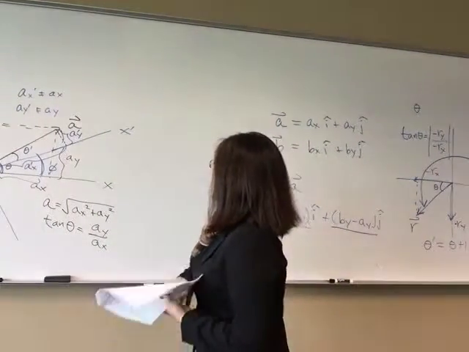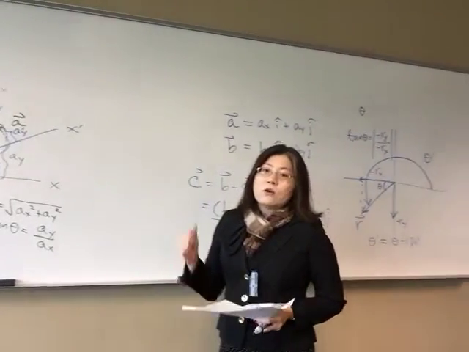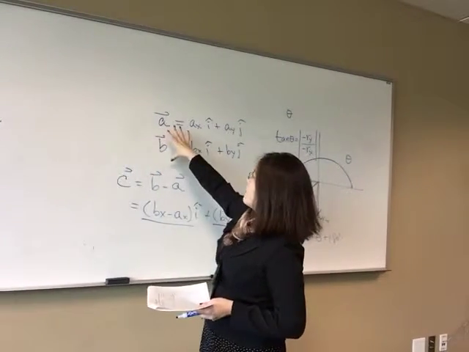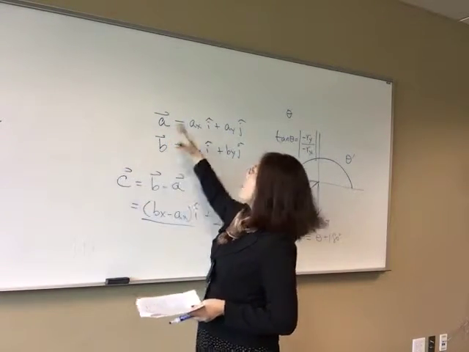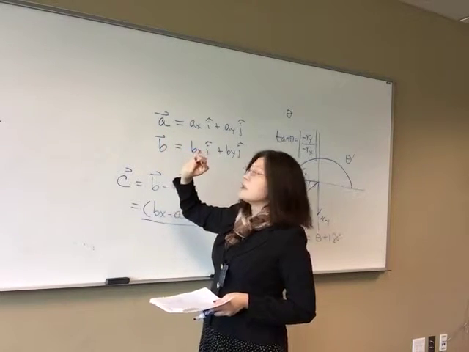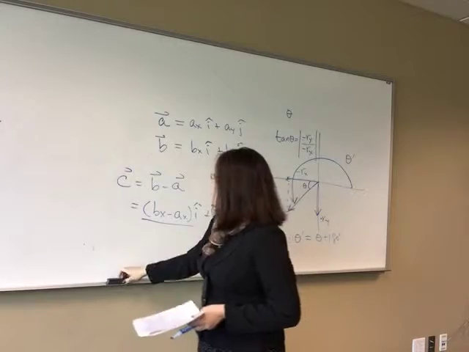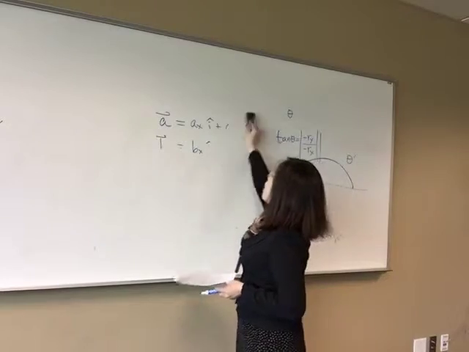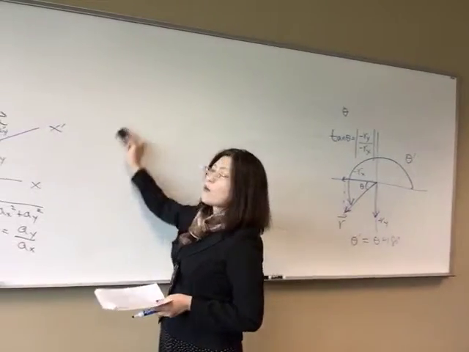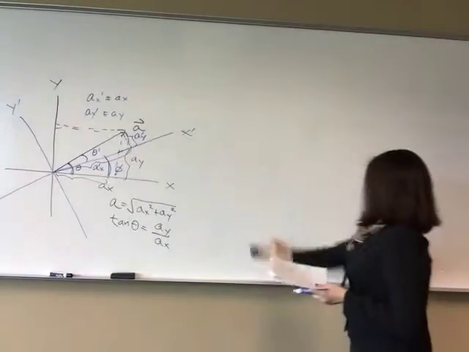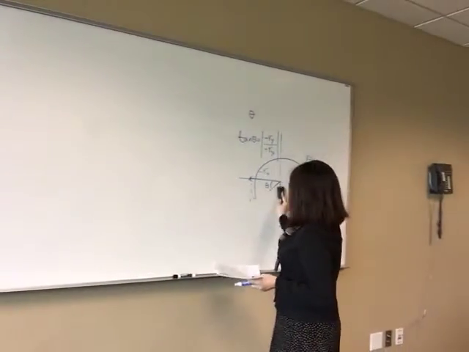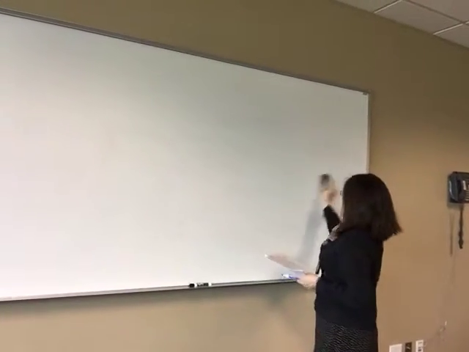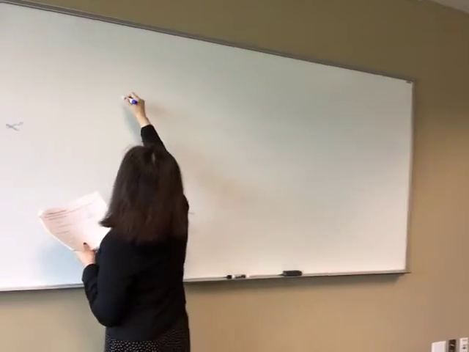So these are just the basic operations of vectors. Now the next thing I want to talk about is when you have two vectors. We've done the situations when you have two vectors, when you add them together, how do you add them? When you want to find the subtraction, the difference between two vectors, how do you find it? What about vector products? There are two different kinds of products. One is called the scalar product or the dot product, and the other one is called the cross product or the vector product. These two products are very important in physics because a lot of concepts, a lot of quantities utilize the vector product. Okay, so the scalar product,